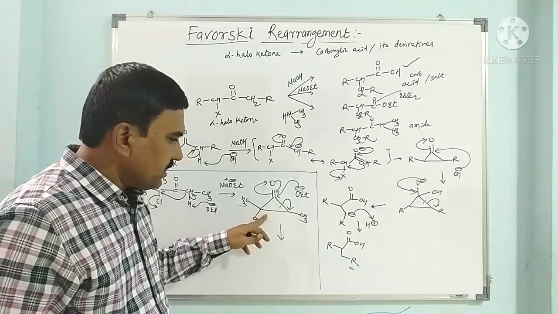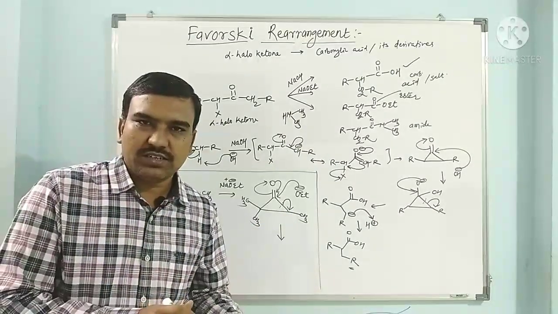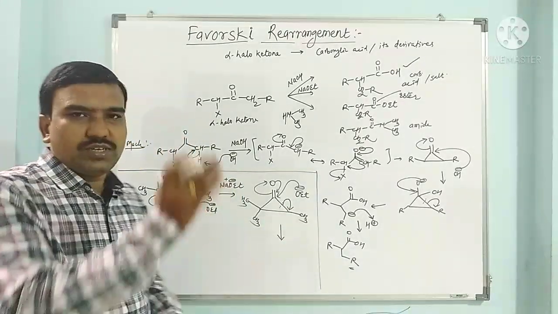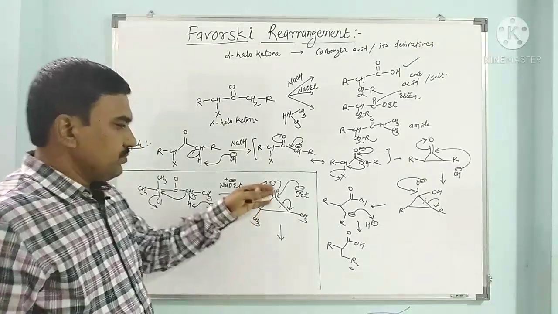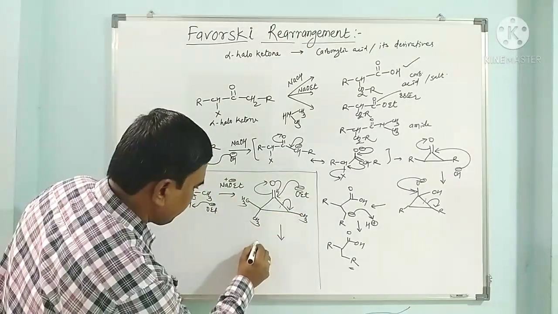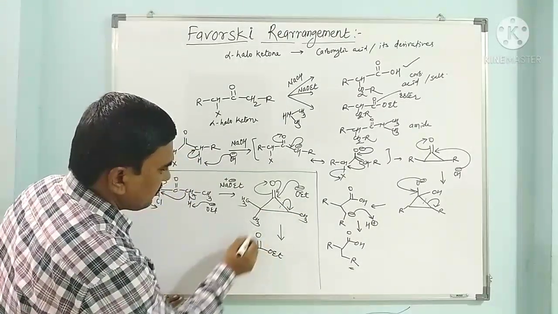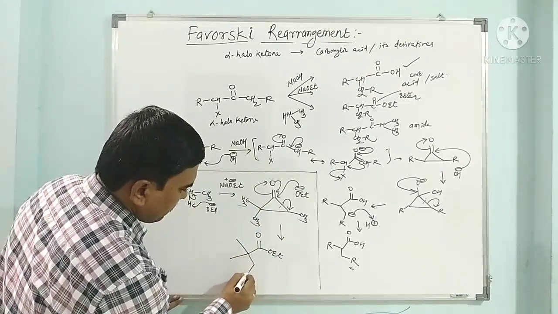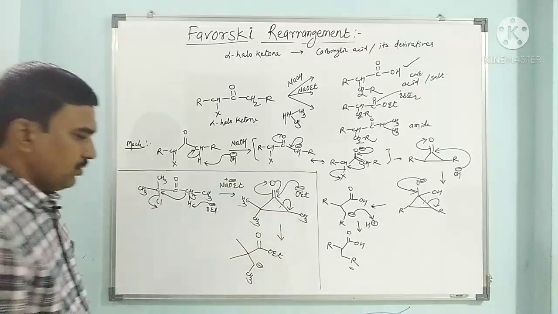So here this is a tertiary carbanion, and the other will be a secondary carbanion. So the secondary carbanion will be more stable. It is not a carbocation. A tertiary carbocation is more stable, but here a tertiary carbanion is less stable, because we have seen the stability and formation of electronic reactive intermediates. So here this is more stable, so this bond gets cleaved and we get here this carbanion, COOEt, and here this is having two methyl groups, this one methyl group, this second methyl group, and here there is a CH3. Now this is here the carbanion, this bond is broken and this carbanion is formed here.